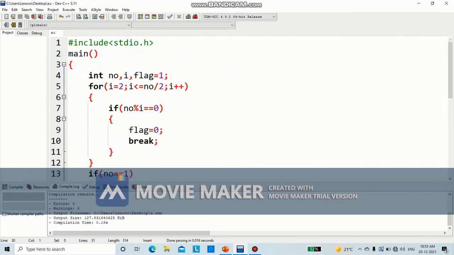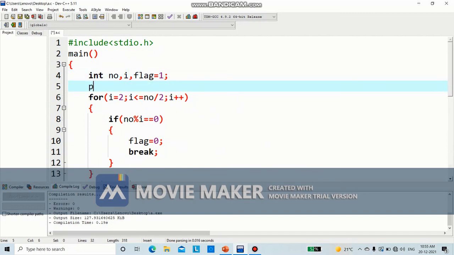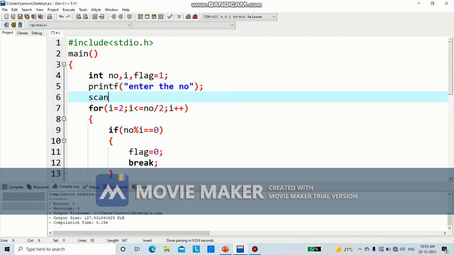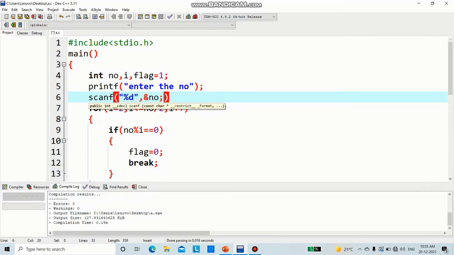One more important thing, I have forgotten to give the input part, right? That's why it is coming like that. Printf, enter the number. The good point about Dev C++ is that if you have any errors, it directly shows you. So I have forgotten to give the input, which is a crucial part. Okay, save it. Now you run it again.